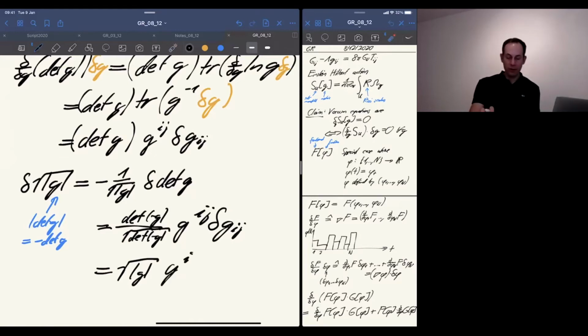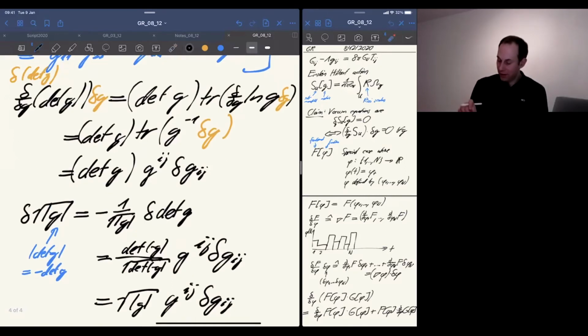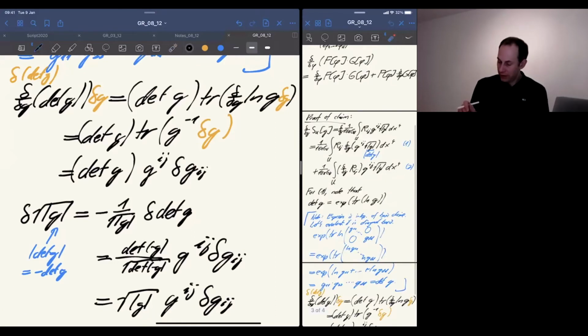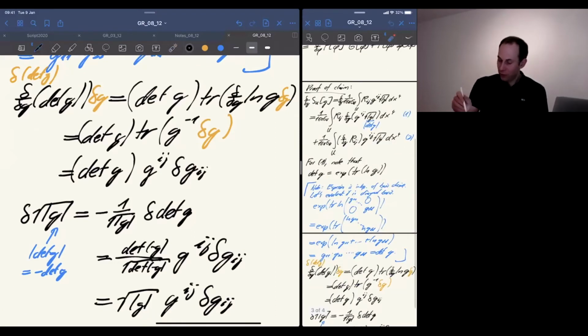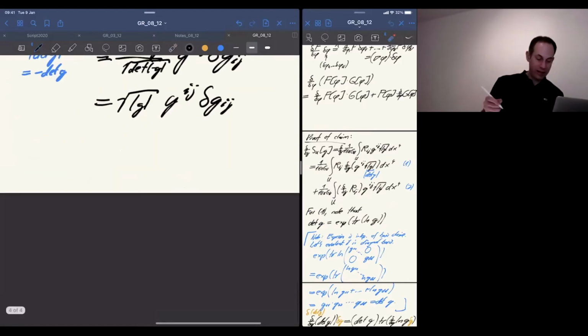Okay, you see, it's quite some work to do all that, but now at least we have done something, namely we have now an understanding of at least one term that appears here. But that's not so much, you have only one part of this. At some point this will appear, the square root of the determinant of g. Okay, so we have to continue working. We also have here an inverse metric, as you see, and here as well. So we also need to find out what it means to take the variation of the inverse metric with respect to the metric. But that's actually quite easy.